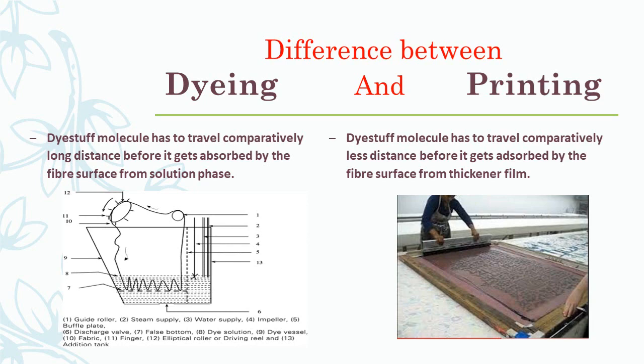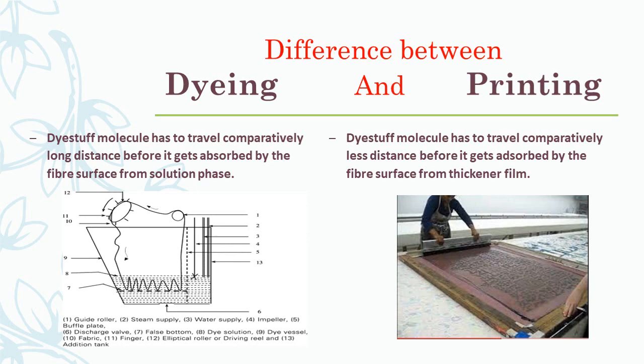Later on, as the time goes on, the concentration of dye solution will go on decreasing. Somewhere the equilibrium will get formed wherein the concentration of dye on fiber surface and in the solution will be the same. In that case, the rate of transfer of dye will be a bit difficult, and thereby we make use of some exhausting agents. So the rushing of dye molecule from solution towards the fabric surface will get improved, and we can get complete dyed effect or complete exhaustion of the dye bath.